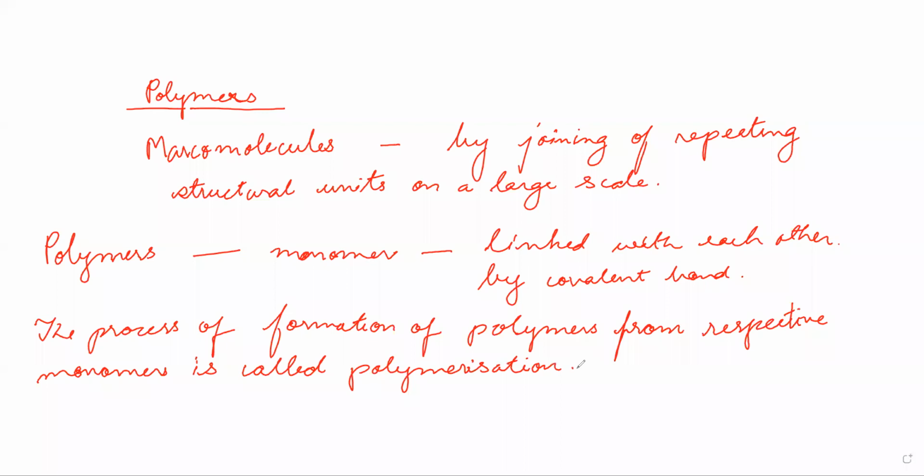So the process of formation of polymer from respective monomer is called what? Polymerization. If you repeatedly add a monomer of the same type, it gives a polymer, and the process is known as polymerization. So let us see one example. The easiest example I'm going to do right now is, if I take ethene molecules n times, means numerous times, how many times you want to take, it is up to you, and I polymerize, that means I join these units again and again, I get